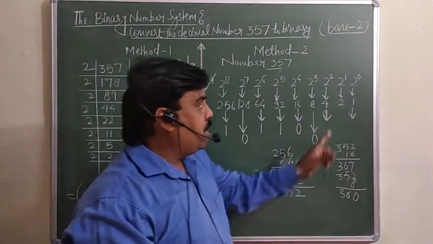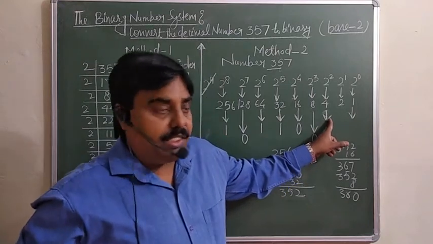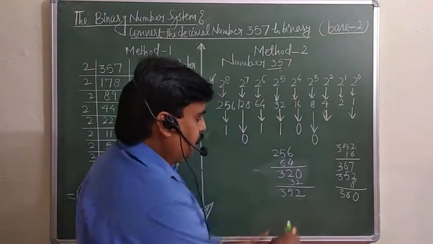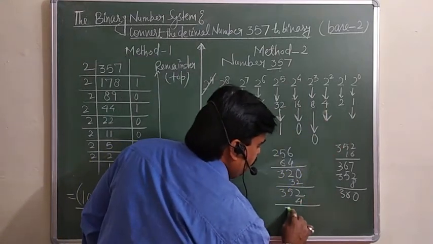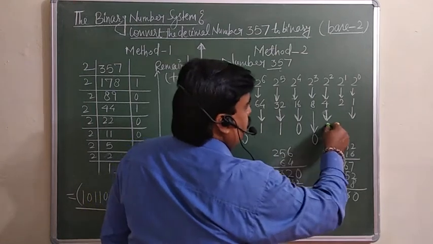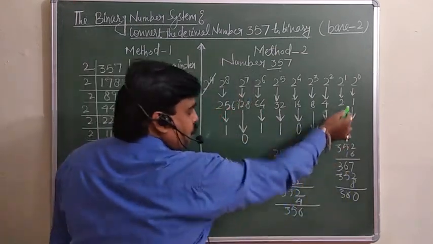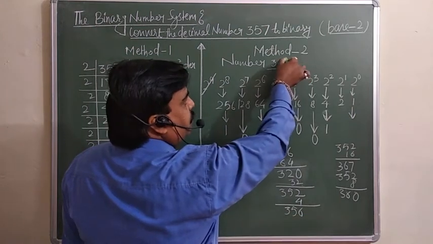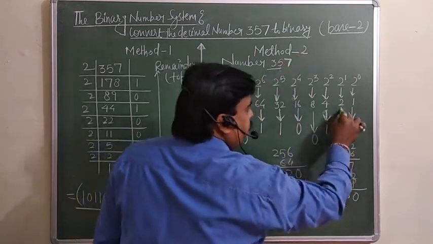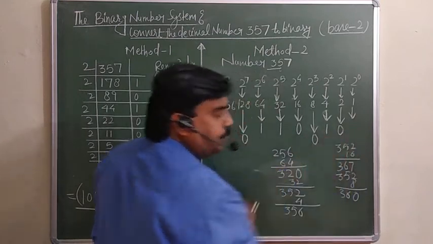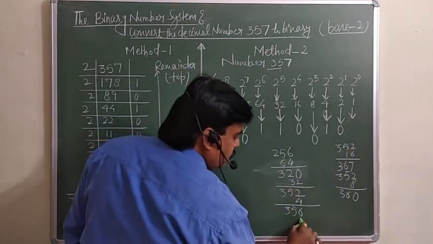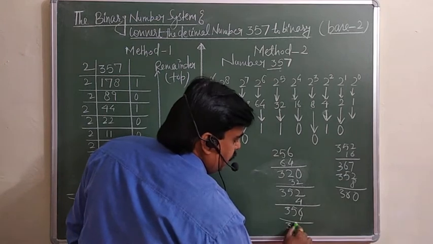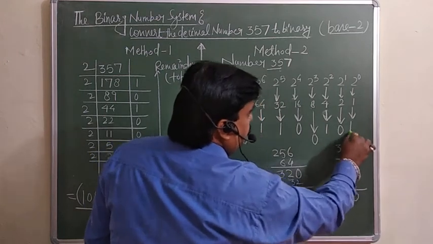हमें क्या करना है? उन्हीं नंबर को 1 देना है, which we can add here only. 4 you can add in this one. So you will get 356. So you are supposed to give this one. If you are going to add 2, it will be 358, which is more than 357. So it means this number cannot be added. This is your 0. Now plus 1 you will do, you will get the number 357. So you have to give this one.